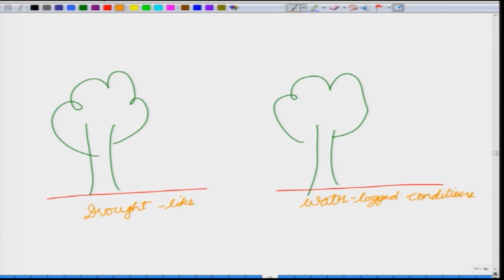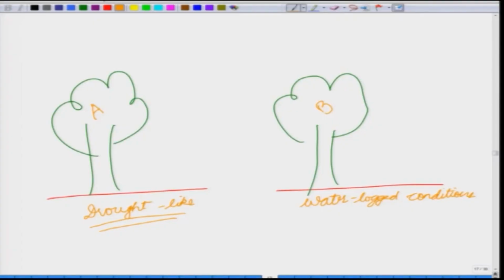Now, in this case, when this site was being populated by new trees, because you had a drought-like situation, those individuals that were better able to tolerate drought formed in this location A, whereas those individuals that are better able to resist waterlogged conditions got established in the location